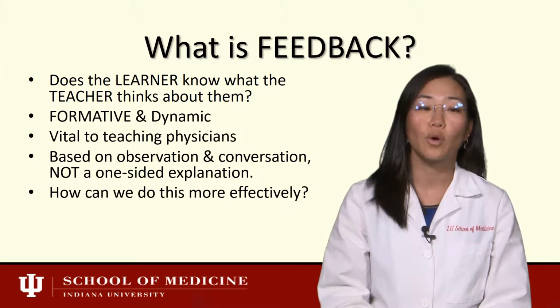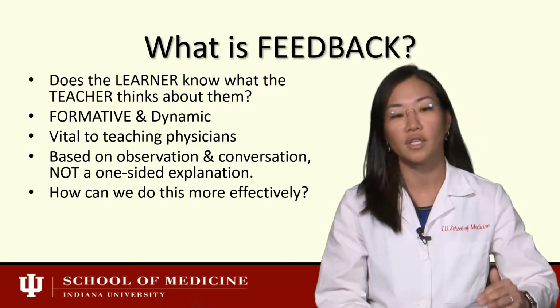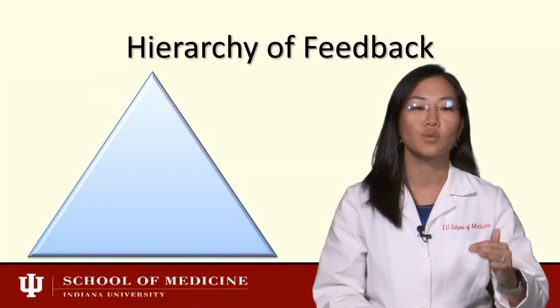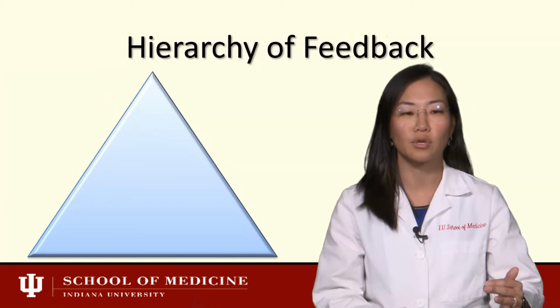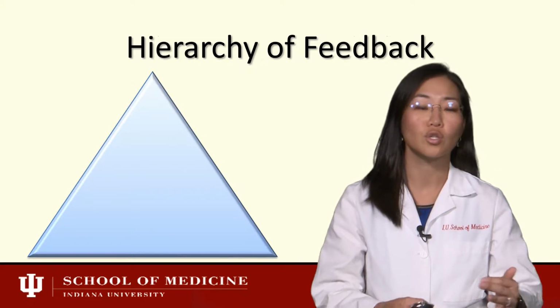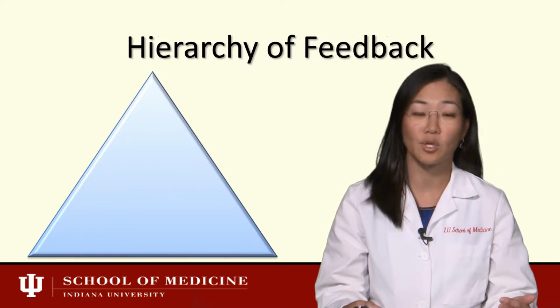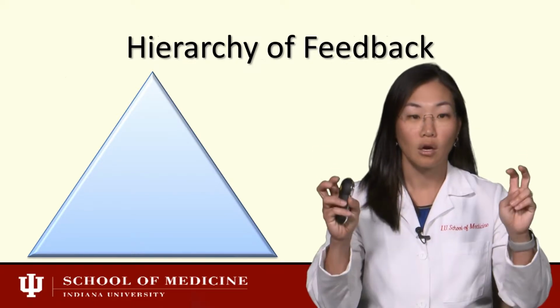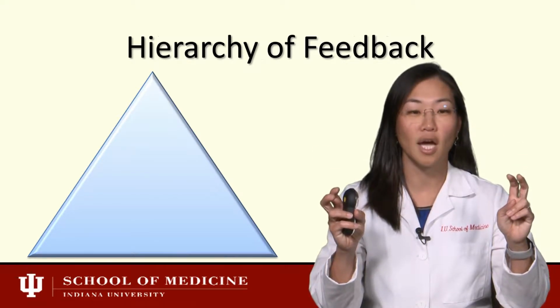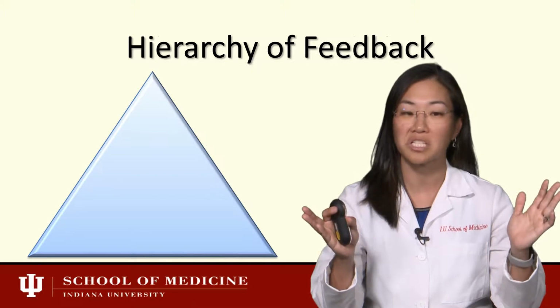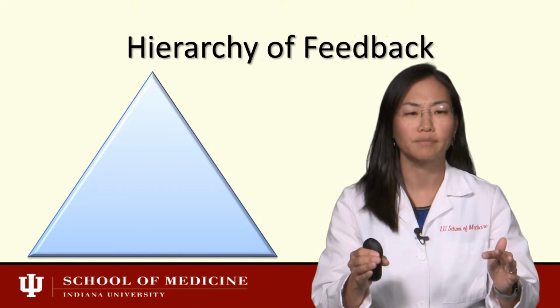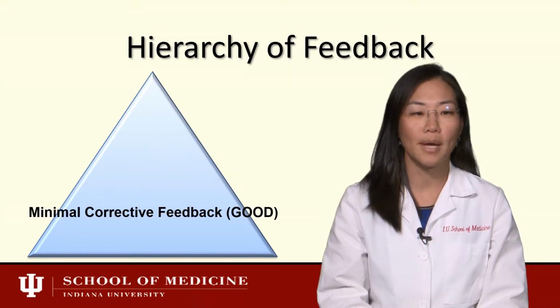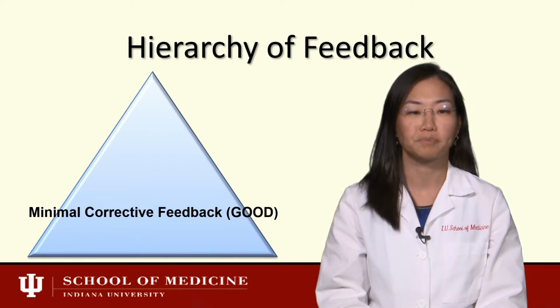Next, you need to be aware that there is a hierarchy of effective feedback. The most basic feedback is a simple agreement or disagreement with the learner, which we all deliver often without much preparation, fanfare, or discussion. For example, first-line therapy for a UTI is Bactrim and not Cipro. Next. Pretty black and white. This is good, but does not maximize potential for improvement.